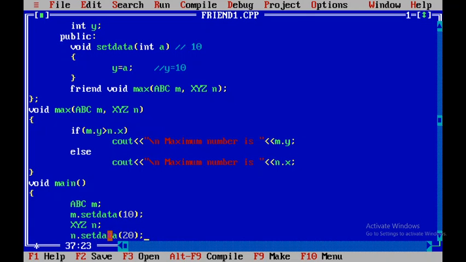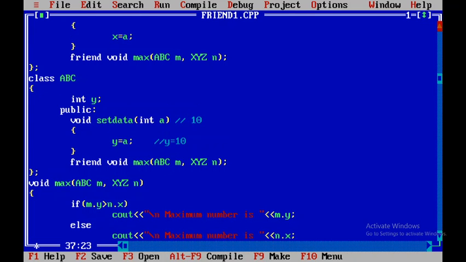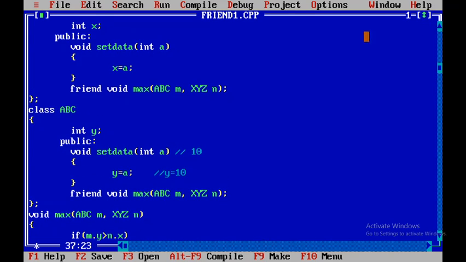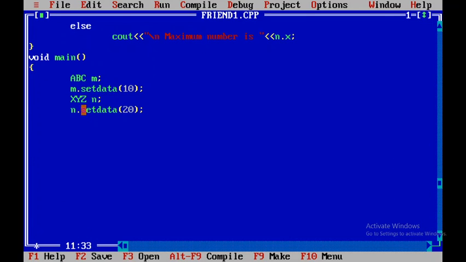So when this set data is called, we are calling set data of XYZ, so the argument is 20, that means x equals 20. So in the XYZ object N, the value of x is 20.